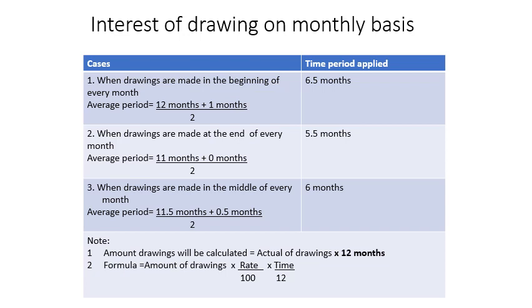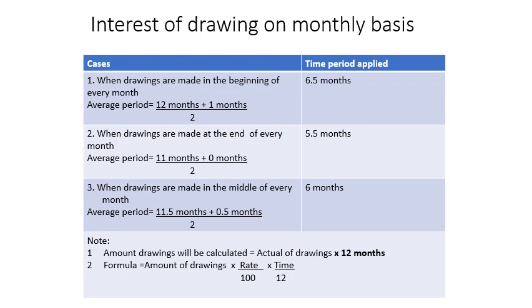So you need to understand the time period because this is your calculation which will be applied on the actual amount withdrawn. In the same manner, you may see at the end of every month. At the end means 31st January. From 31st January to 31st December consists of 11 months. And the next one, when 31st December is there, the last month, the result is 0. So the average will be 5.5 months.